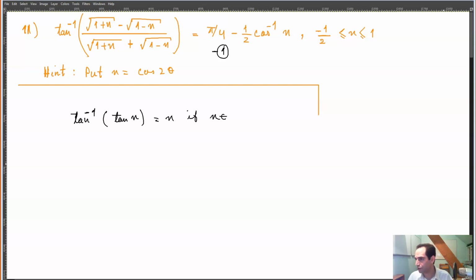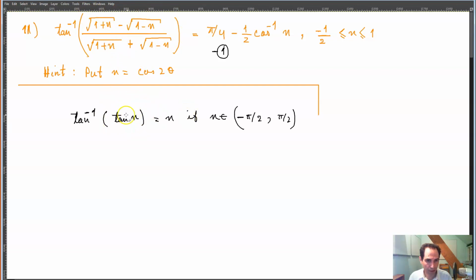And the restricted domain of the tan function, as we argued before, is the open interval negative pi by 2 to pi by 2. So you want to somehow make it look like tan of